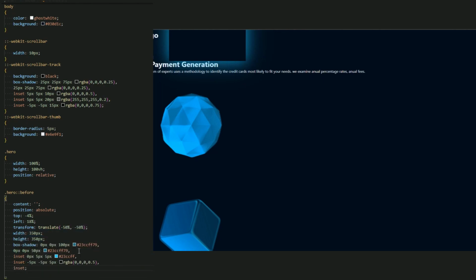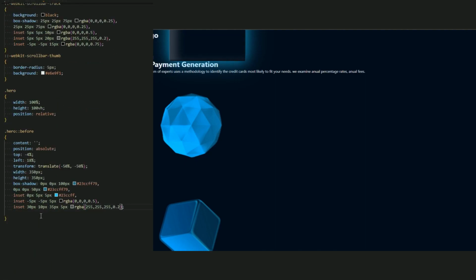Let's inset 30 pixel, 10 pixel, 35 pixel, 5 pixel, and let it be this RGB. Okay, this is the box shadow, and let me add the border radius to make a circle, 50%. Here we go. This is our beautiful circle.